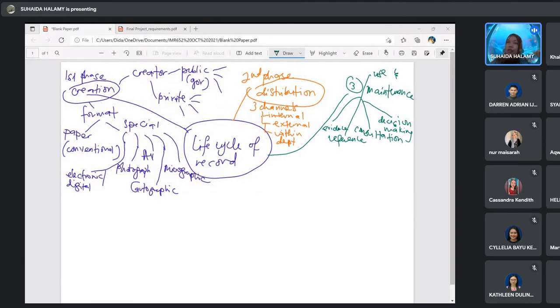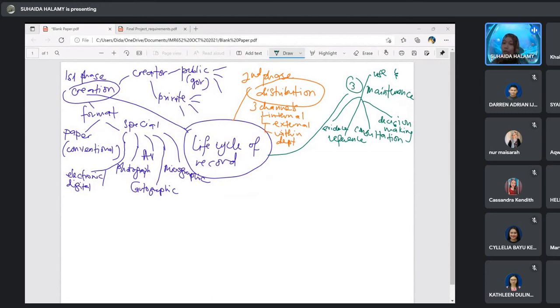Okay, another example that I give to you, when you meet a doctor, bila you jumpa doktor you sakit, doktor akan pegang card you kan, medical card. So medical card you tu, ialah medical report kan, itu adalah you punya record. So doctor will refer medical card you tu whether you have history apa before this.